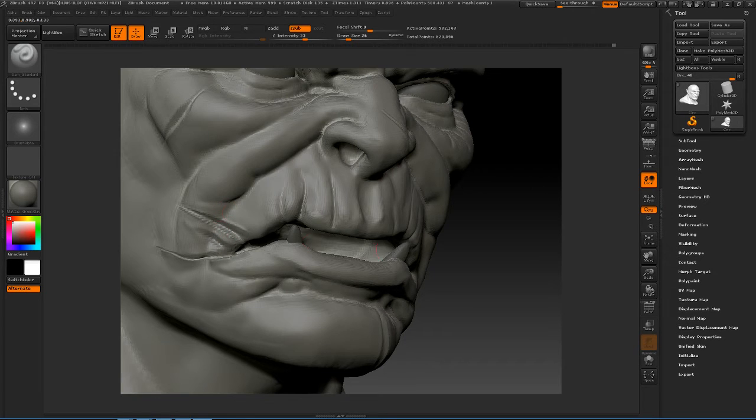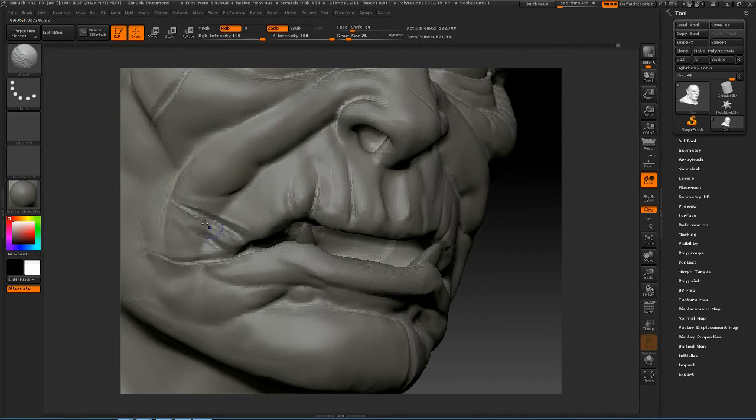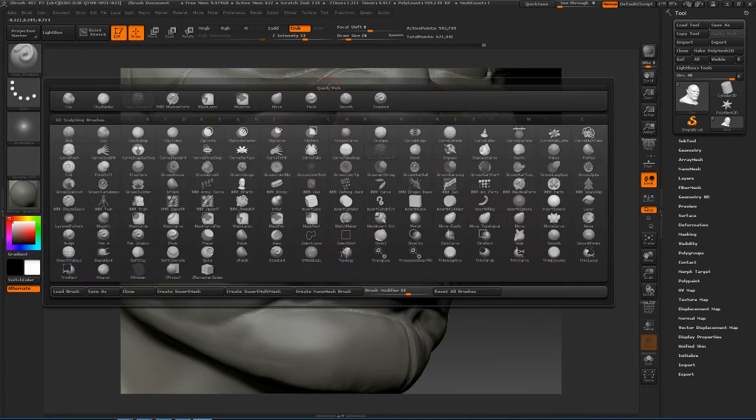Again, you can start to see the actual polygons there. It's because of the level of detail. So I'm just going to re-dynamesh real quick, and that should even out some of this. It's not going to do the best job, but it'll at least give me something to work with as far as coming back and touching up a smooth with my Dam Standard, and then coming in with my pinch brush